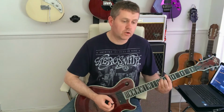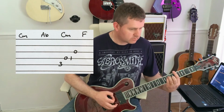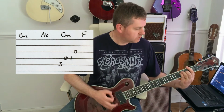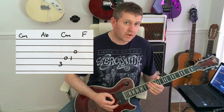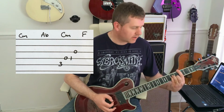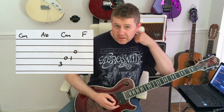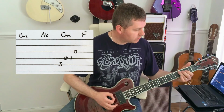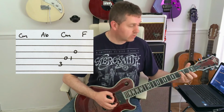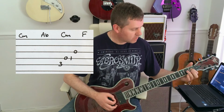Takes us through nicely to our bridge, which goes something like this. So starting off on a C minor chord, we just hear the notes like that, to A flat, then on a C, we could play a C minor, or we could just play just the 3rd fret of A, just the C note, moving to the D string, open to 1st, to an open G,